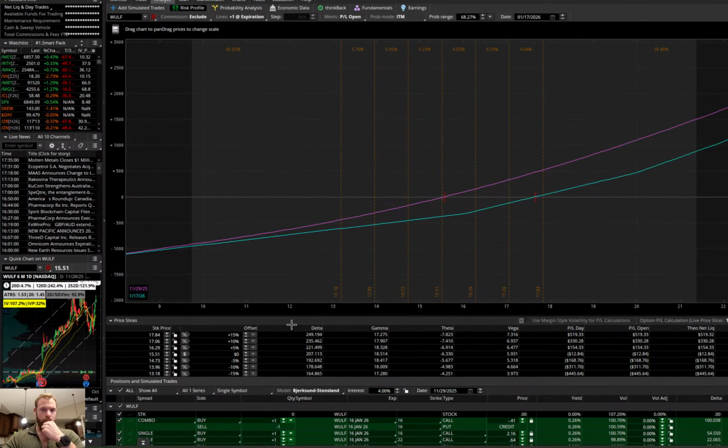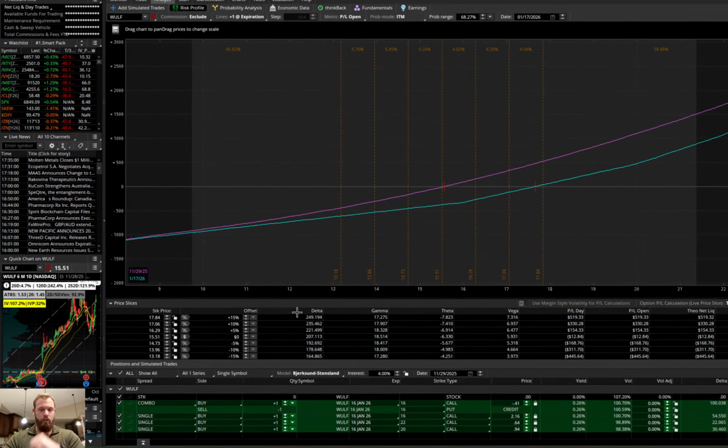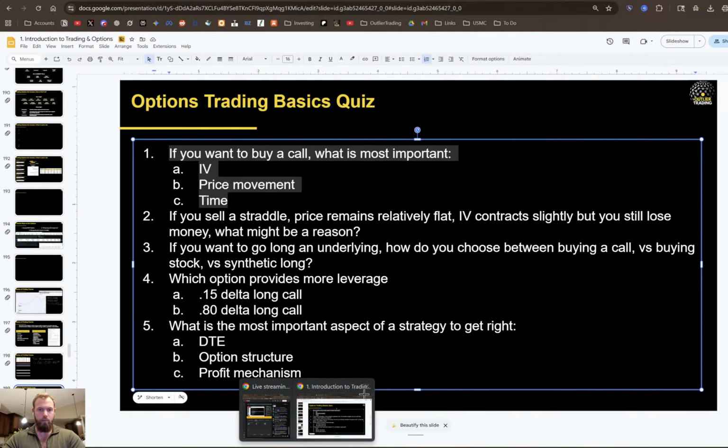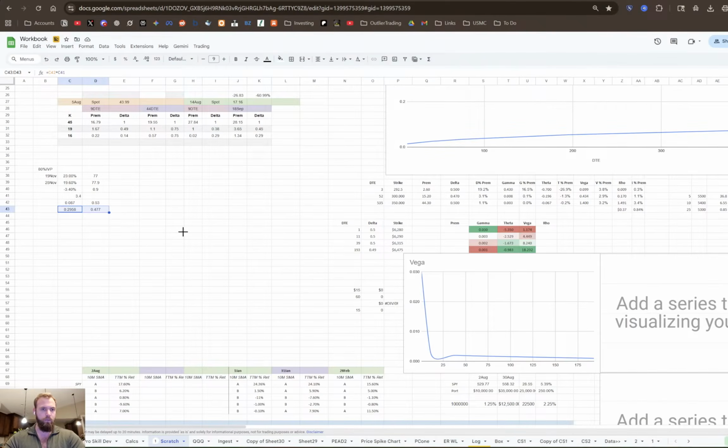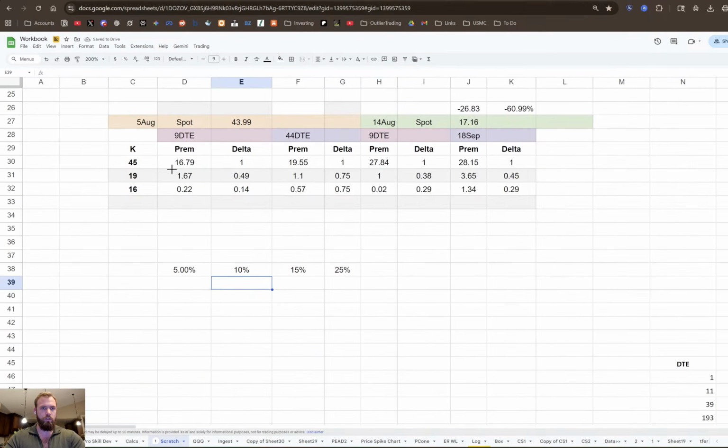Okay, so let's take a look at these different scenarios. And I'm going to grab this so that we can track them together. So we're looking at a plus 5%, a 10%, 15%, and we'll do like a 25% move. So this is what we're going to track. And we're going to do this for a few underlyings. I'll zoom this in for you guys so that you can see better.